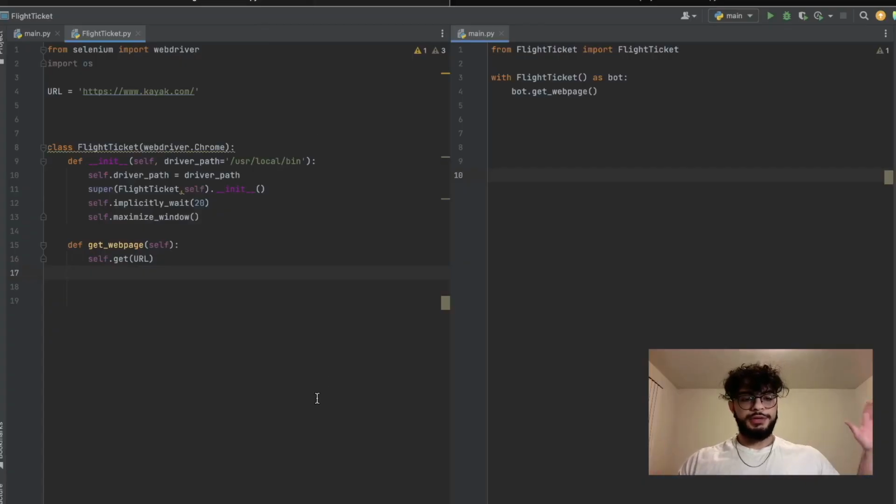So if y'all remember, we got to here. Just a quick recap. We have two files right now. One of them is flight ticket.py, which is basically where all the web scraping and crawling is going to happen. And then we have an execution file, main.py, which we're going to run our program in. We defined one function, which is get the web page. So what we're going to do next is